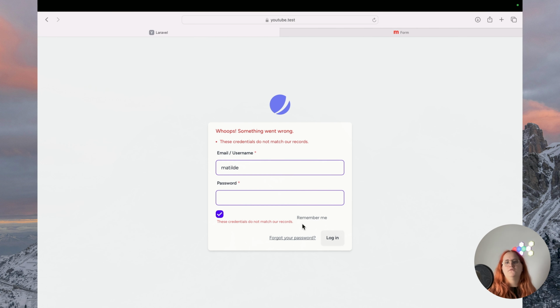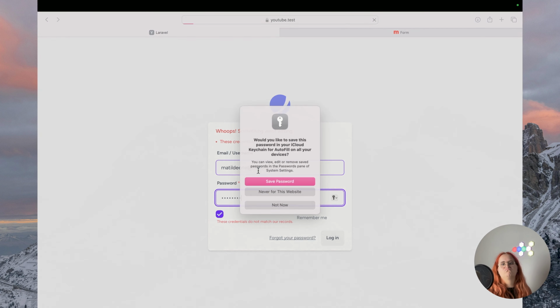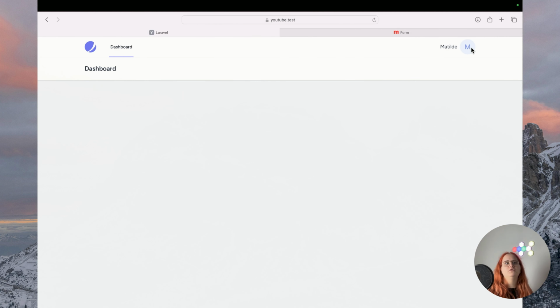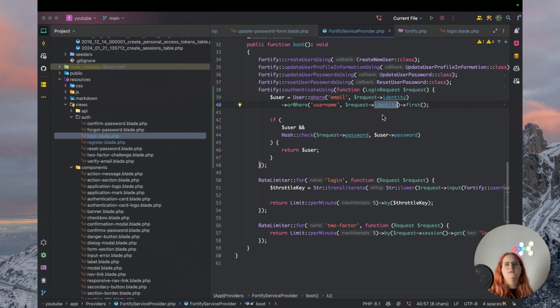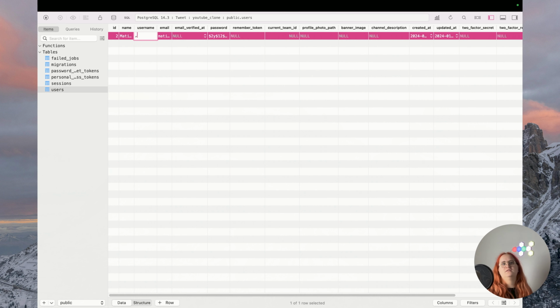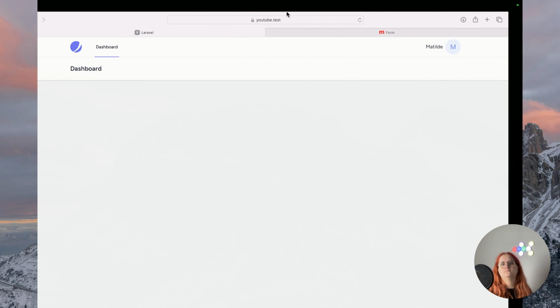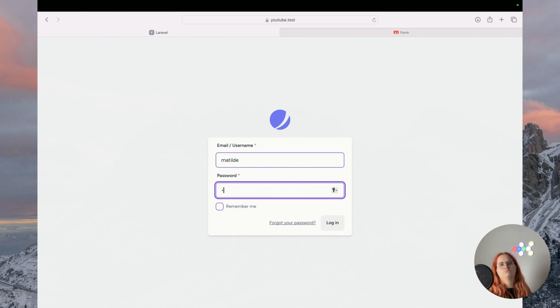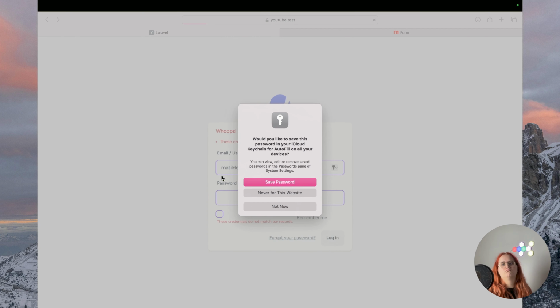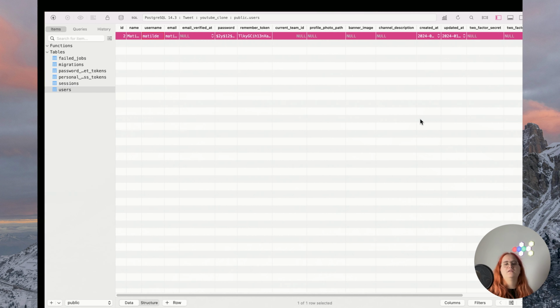Okay, so I'm just going to go ahead and try with the email address and see if that works. Yeah, okay, so it's working with the email address. Currently where it is failing is with the username. So let's just double check why that may be. Let's change this to a lowercase username. Okay, so it's not because it's case sensitive,